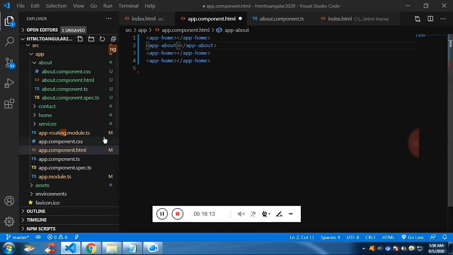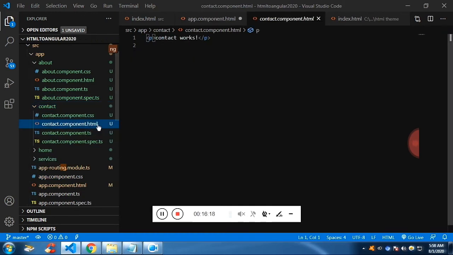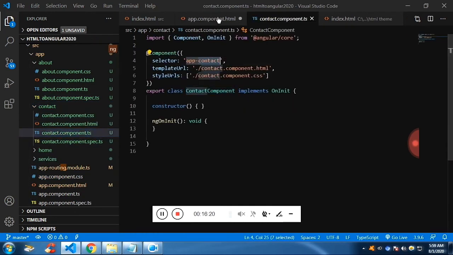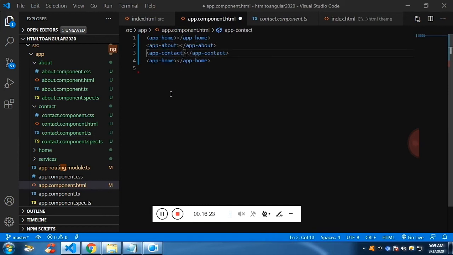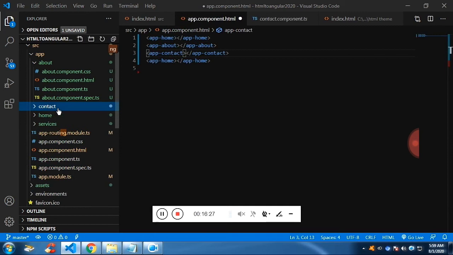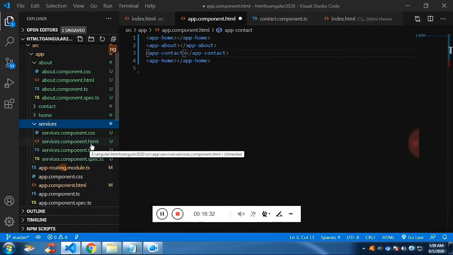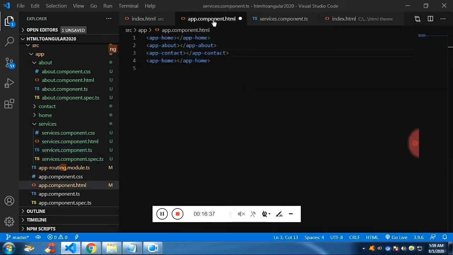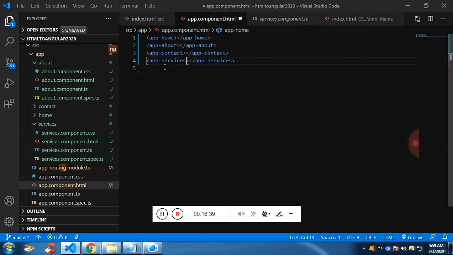App services and app contact is missing. So just show you the name. This is a selector. The selector can be found in the TypeScript file. So app contact, and for the service, again get into the TypeScript file to know the selector. It's app service. The definition of app service will be in the page services.component.html. Fine. If I refresh it, you will see